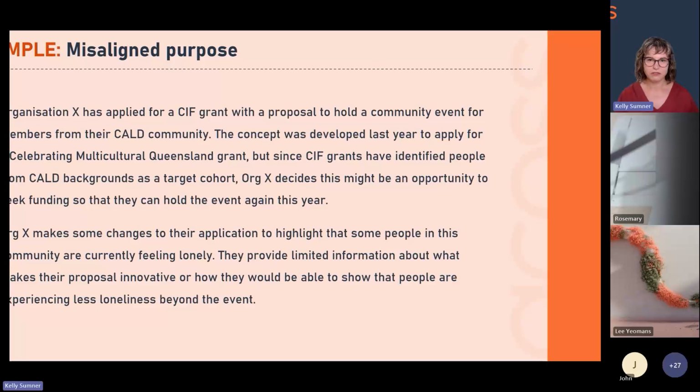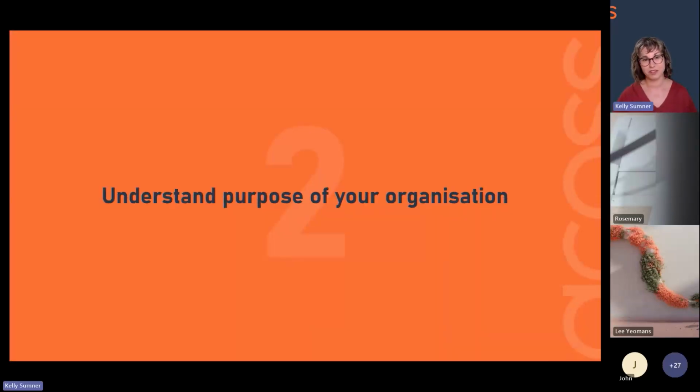So the partner, I guess, to the purpose of the grant is the purpose of your organisation. Now, you will all have a sense of your organisational purpose, whether you're a giant national or multinational not-for-profit, or a small totally volunteer association that 3 hardworking people managed to pull off. You will have a set of values and a purpose or a mission for your organisation that you work towards. And this is your prompt to stop and think about,